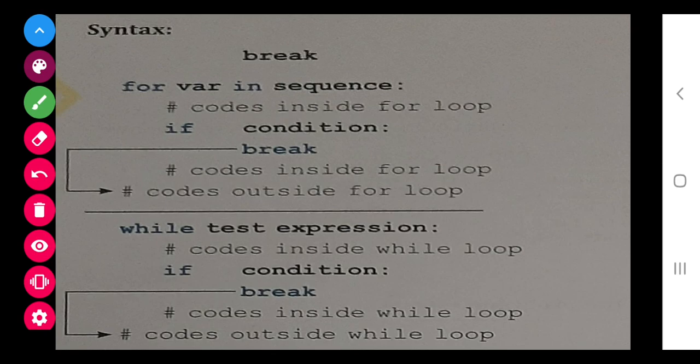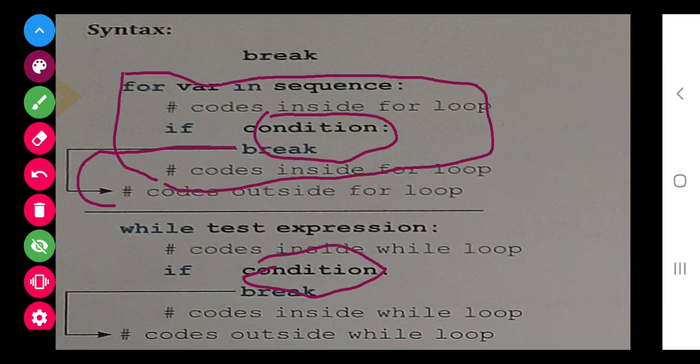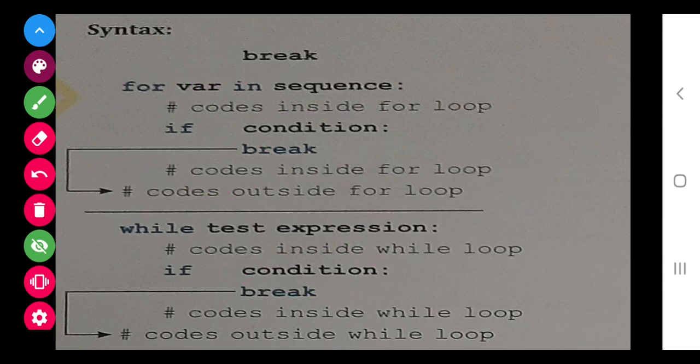Under the while statement also we have to use an if condition, and under the if condition, for that particular condition I want to break. So break means it will directly terminate and we will come to the outside of the loop. Inside the loop is this much only, we want to come out of this code, so that is the outside code. This we have to understand.